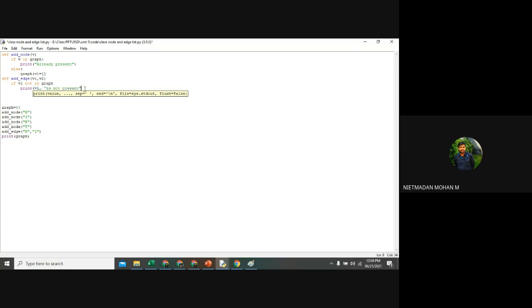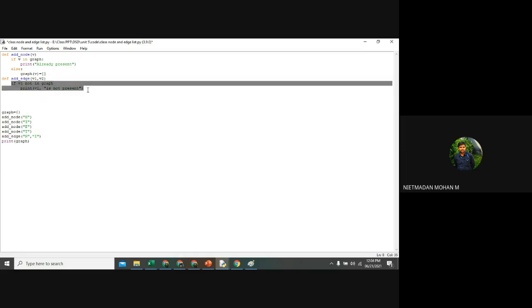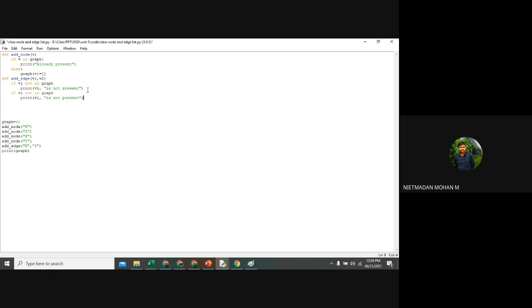Again, I want to check V2 also. If it is not present in the graph, then I want to tell V2 is not present. This will consist of an elif statement and a final else statement.